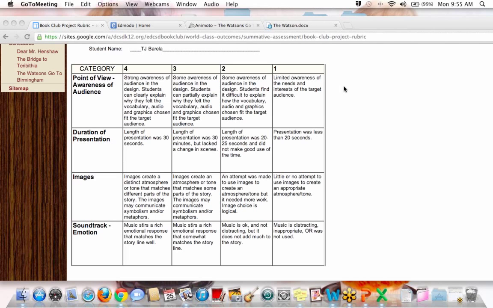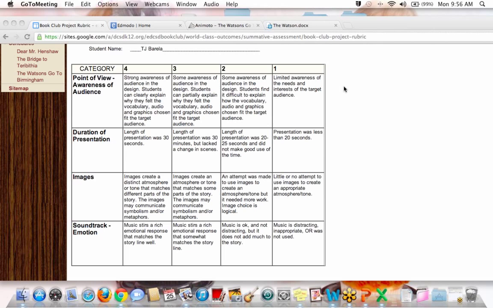So Will, first of all, let's take a compliment for Will. Anybody? Yeah, go ahead, Lucas. I liked how he used a real picture for the Dear Mr. Henshaw. Yeah, he did. He used a real picture from the actual story itself, the image of the book cover. Um, yeah, Tyler, you have something to add? I thought it was cool how he told the name of the author of the book. Yeah, that's true. That was an important detail that some of us didn't choose to focus on, and that's totally fine as well.